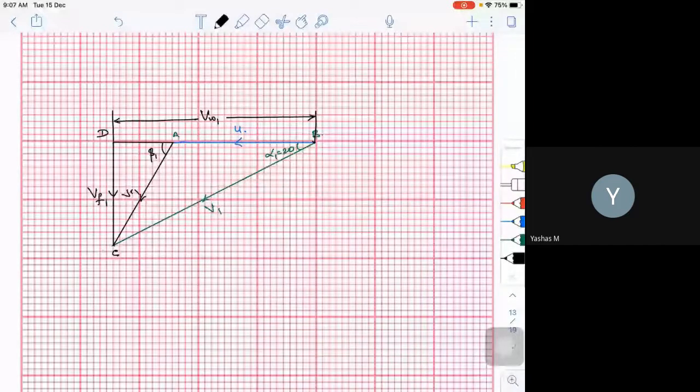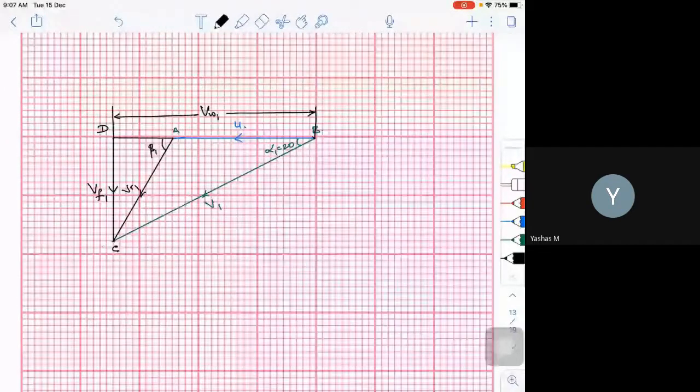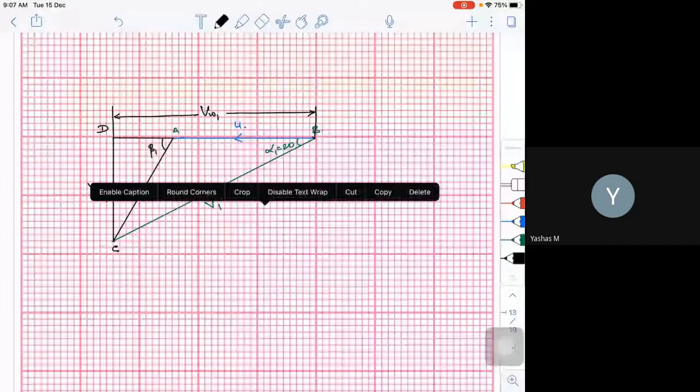Then what is the value of VR1? VR1 is equal to 523.8. So if I divide by 50, I am getting around 105 millimeters or 10.5 centimeters. With D as the center point, I am going to cut and get a point, which is called C. Now join A and C to get VR1, measure that value, convert it to scale, multiply by 50, and I will get the value of VR1. Now complete the triangle by drawing a vertical line from C till it reaches this particular point. It has to cut your AB.